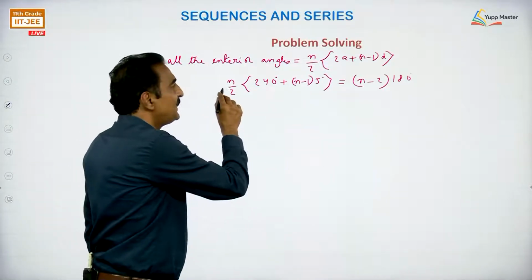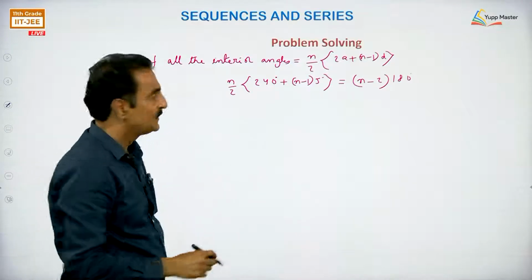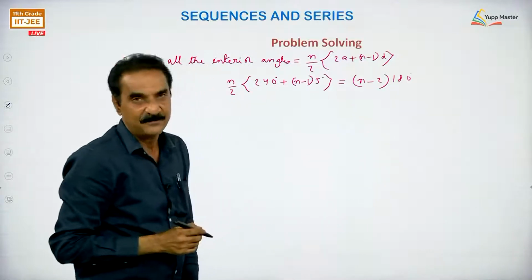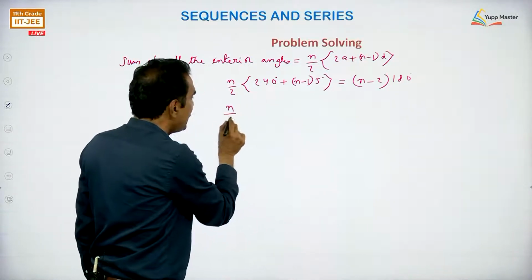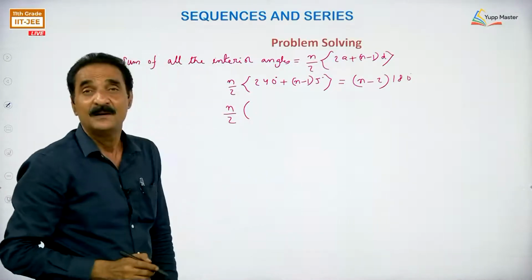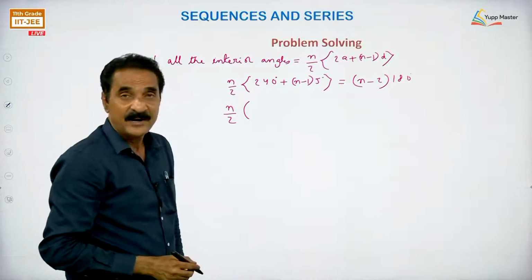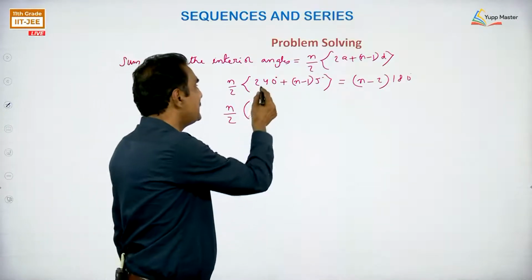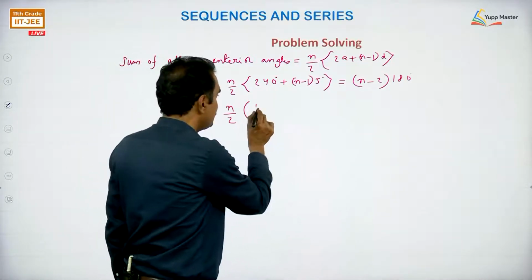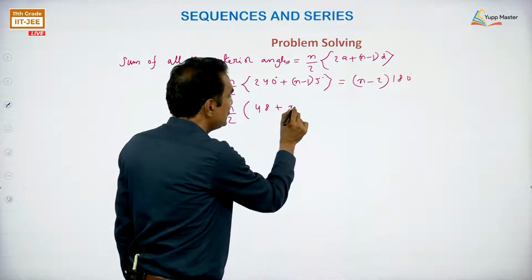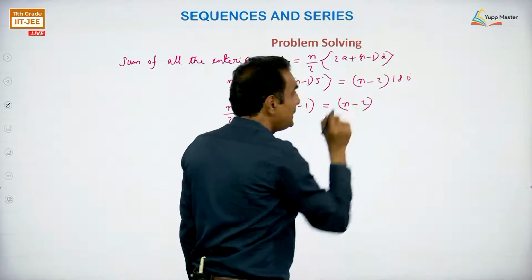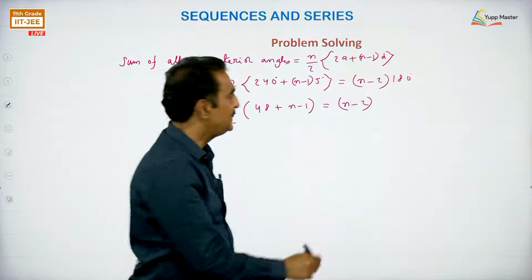Now, if I divide both sides by 5, because this is divisible by 5, this is divisible by 5, this is also divisible by 5, I will get n by 2 into, 240 divided by 5, 240 divided by 10 is 24, divided by 5 is 48, plus n minus 1, is equal to n minus 2 into 180 divided by 5 will be